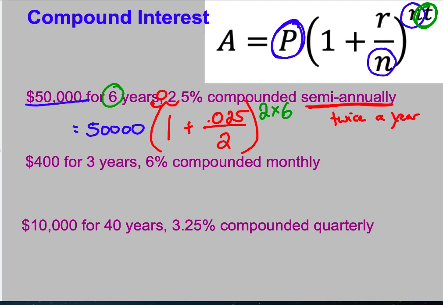So our only changes are, we have to divide the interest by how many times it's being calculated. We're basically breaking it up over the course of the year. And then we're also multiplying the time by that number, because it's going to be calculated that many extra times over the course of the time. So now we plug it into our calculator. So I do 50,000, and then in parentheses I do 1 plus 0.025 divided by 2, and then I close my parentheses, and then my exponent is going to be 2 times 6. So I plug that into my calculator, and I get an answer of